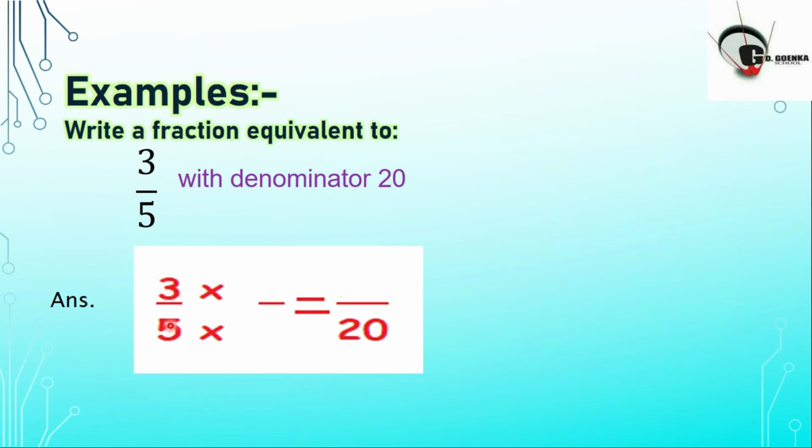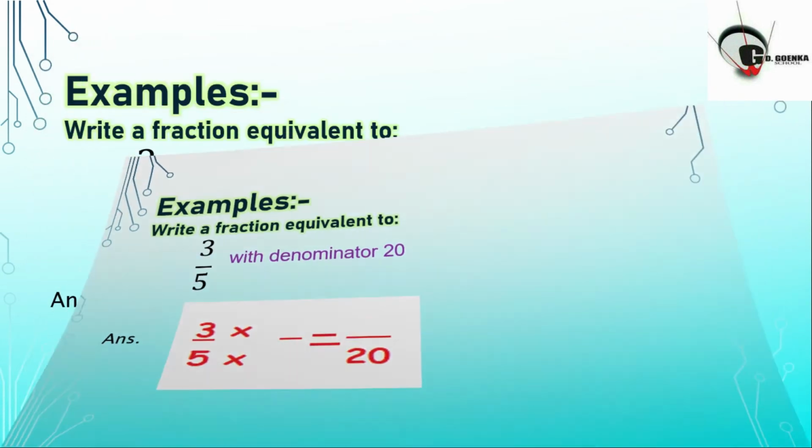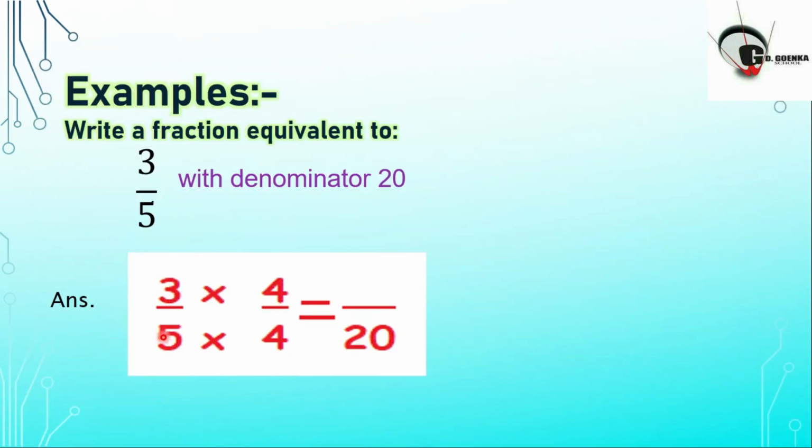First of all, we are going to write down the fraction like this, and we are going to make the multiplication symbol, and by which we have to multiply, we need to make a sign, and equals to, and it is saying that denominator should be 20. So I am writing denominator as 20. So now we need to find out a number by which if I multiply 5 I will get 20. What is that number, children? Yes, you are right. It is 4. So if I'm multiplying 5 by 4, I'm getting 5 4s are 20.